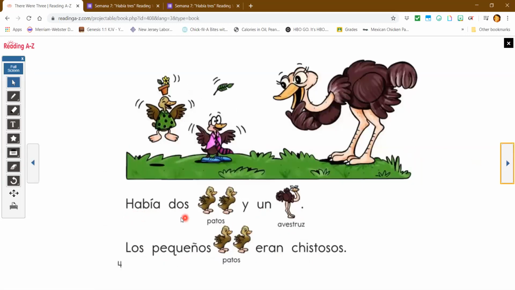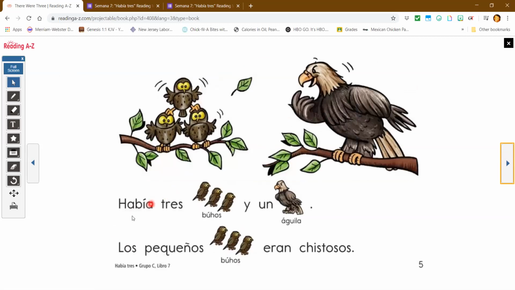There were 2 ducks and an ostrich. The small ducks were funny. There were 3 owls and an eagle. The small owls were funny.